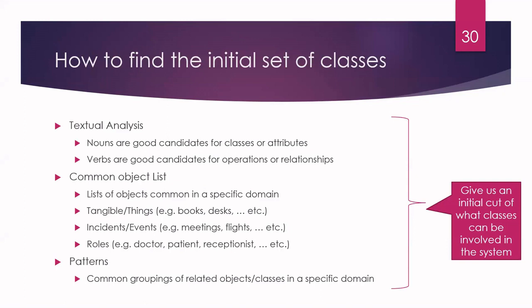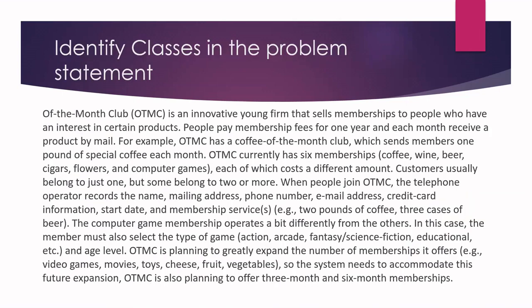They don't have to be final, and not everything that has this description applied to it is an actual class. But these are just things to think about. Okay, so not every noun in the problem description is a class, but nouns are generally good candidates as something to start thinking about. All right, so if you remember this problem,